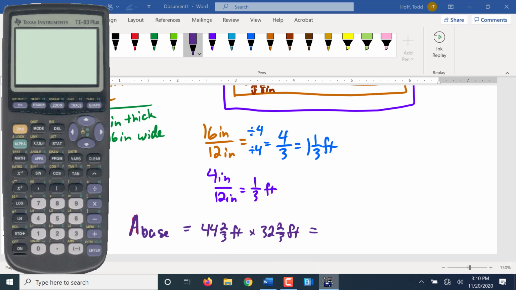Now to put that in the calculator, just be parentheses 44 plus 2 divided by 3, close parentheses, times, parentheses, 32 plus 2 divided by 3. We get 1459.111